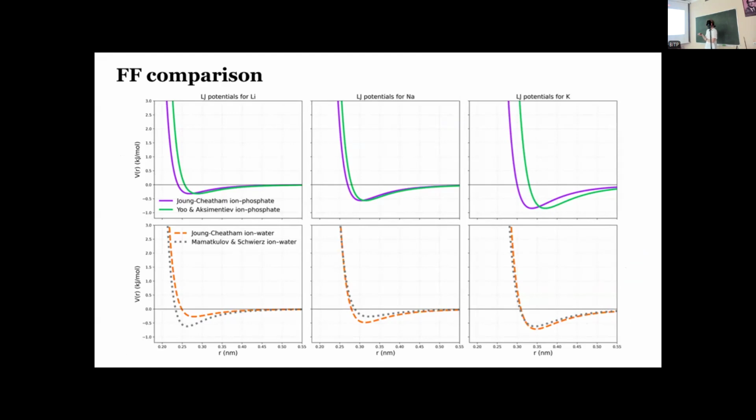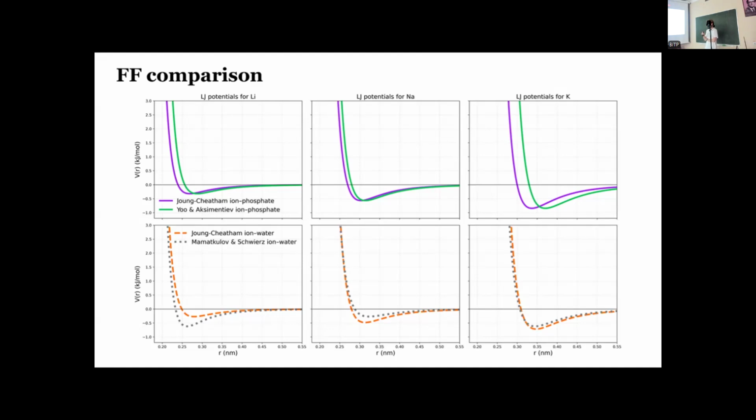They simply shifted the position of the minimum in the Lennard-Jones parameters. But the problem with this fix, in my opinion, is that they add these changes only in the case of the interactions of the ion with the phosphate groups of DNA,